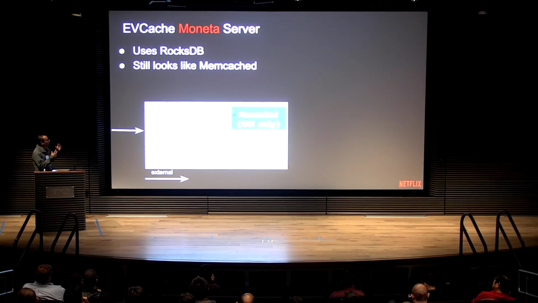How we went about doing this is through a project called Moneta. When we started the Moneta project, we used RocksDB to store the data on SSD and Memcached to store the data in RAM. It still looks like Memcached, it talks the Memcached protocol. Whenever a request comes to Mnemonic, which is a process that mediates between Memcached and RocksDB, it takes the request, first it checks if the data exists in Memcached. If it doesn't exist, it calls RocksDB, reads the data from Rocks. If needed, we store it in Memcached and return the data.